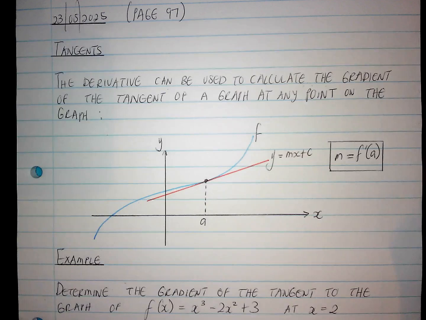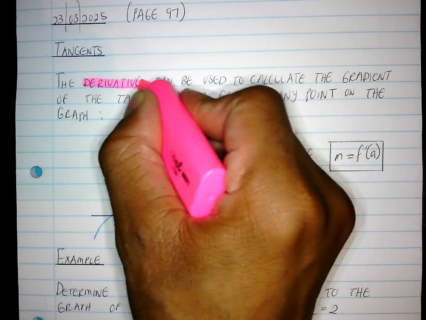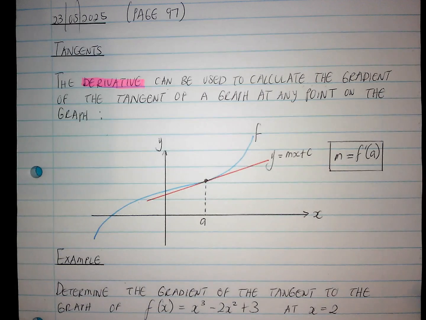Alright, so this is going to be lesson 3, and we'll be focusing on page 97. So we're dealing with tangents. So now the derivative can be used. Remember, rule number 1 of differentiating can be used to calculate the gradient of the tangent of a graph at any point on the